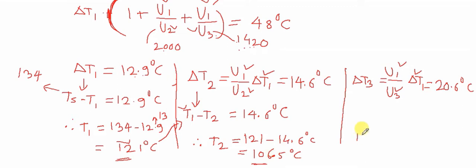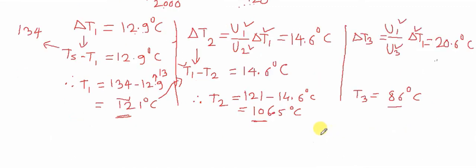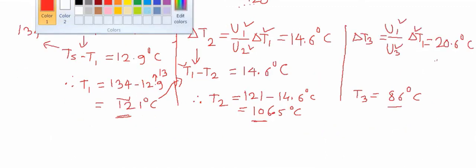And T3, you can use this, but we know that the temperature in the last effect evaporator T1 is 120.9 degrees Celsius. But you can use that and check this value, so you will get the same T3 around 86 degrees Celsius. So with this calculation, you will get it actually 121.1.